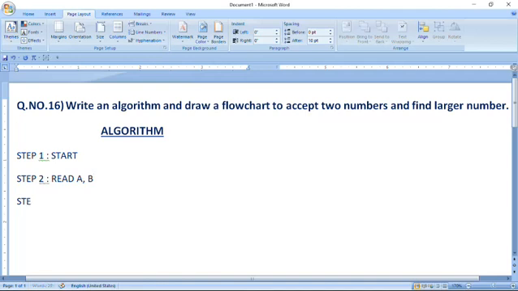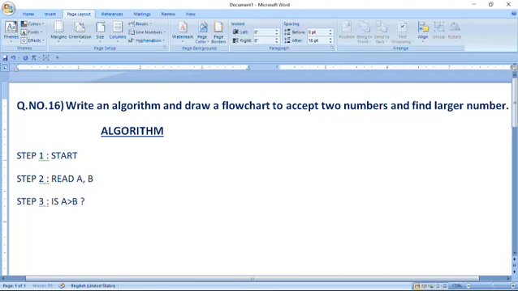Now Step 3. In step 3, here you have to find the larger number between two numbers. You have to make a decision. You should not apply any formula. You have to make a decision using if then else. In programming you have to use if then else, and here I want to write: is A greater than B?